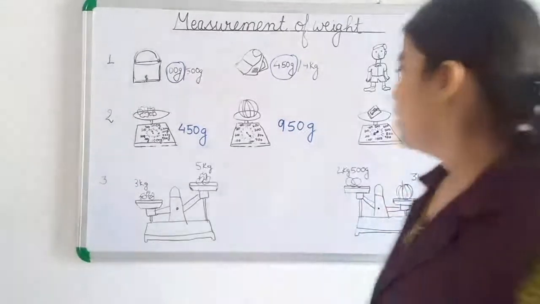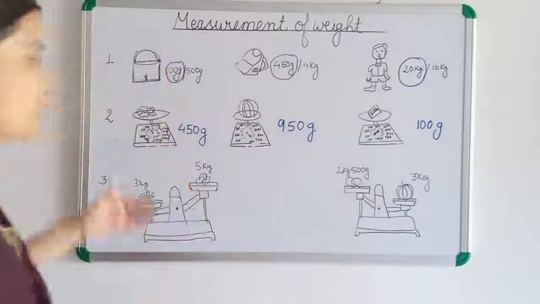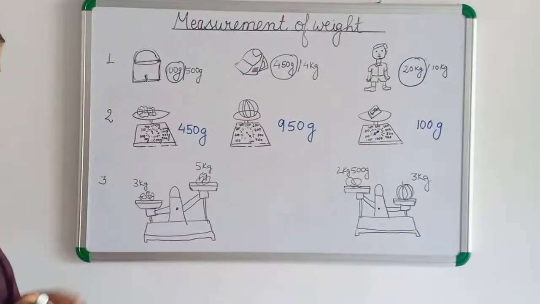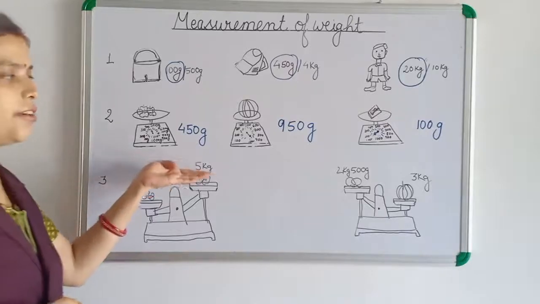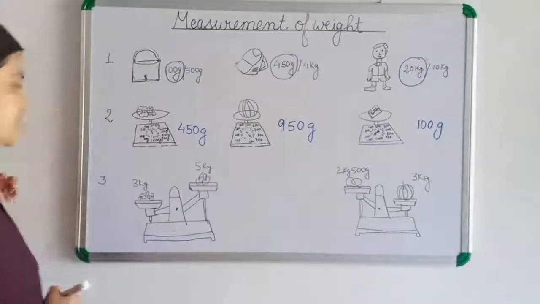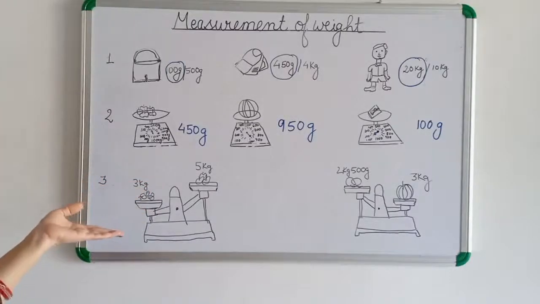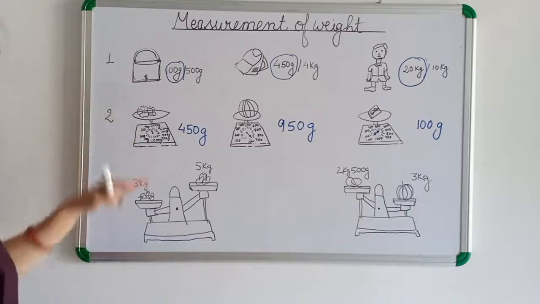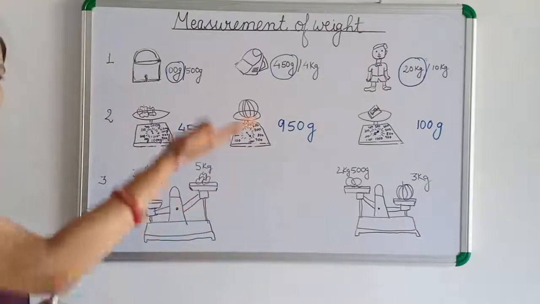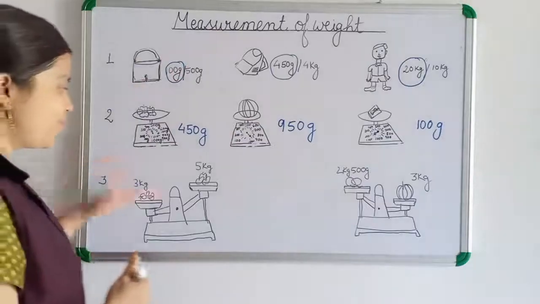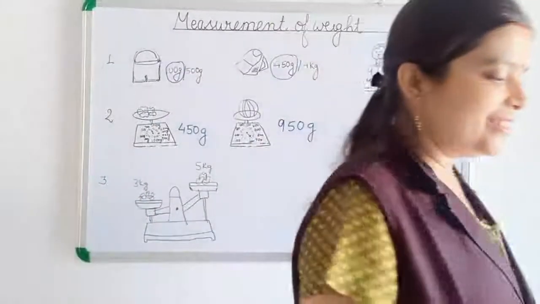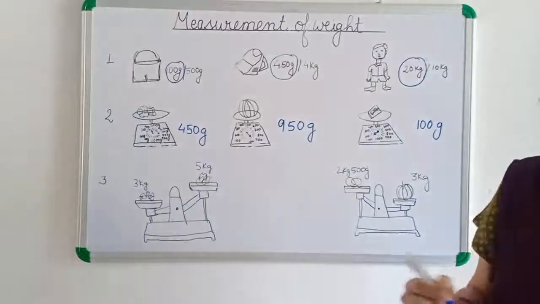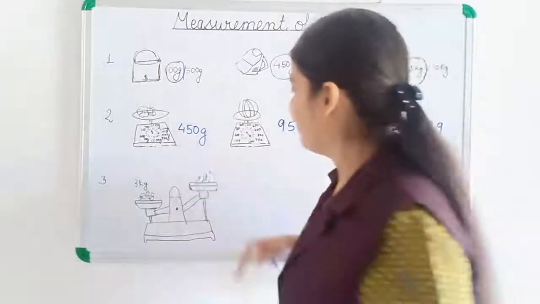Okay. Now here we have to find which object is heavy and which is light. 3 kg, 5 kg is already given. By that also you can understand which is heavier and which is lighter. 5 is more than 3 now. So 5 kg is more. But by the picture also you can observe, the side which is going down will be the heavier one, and the side going up will be, sorry, it is wrong I think. So this is not 5 kg, this is 2 kg 500 gram, then only it is like this.